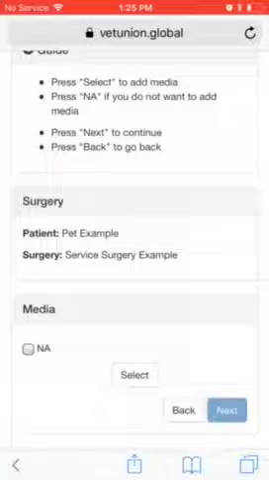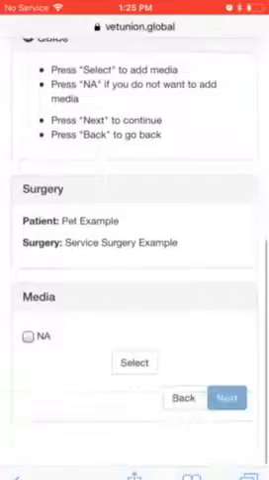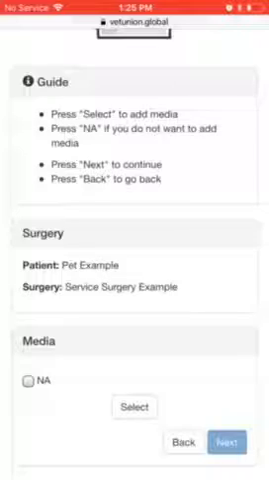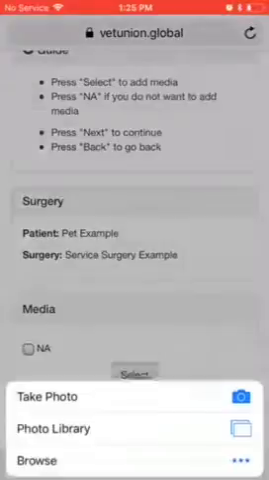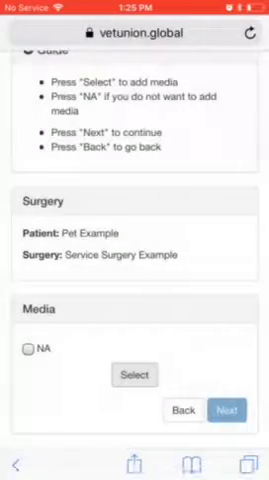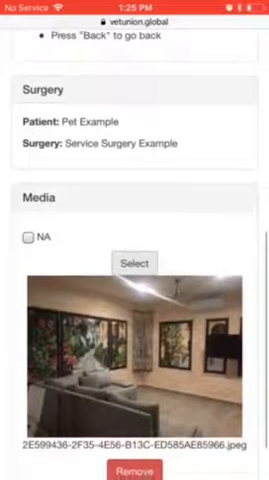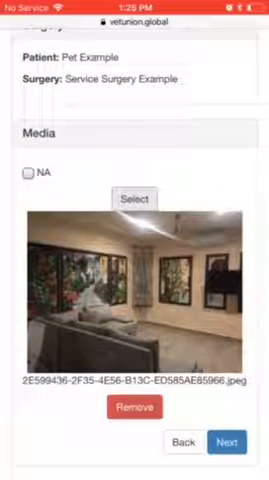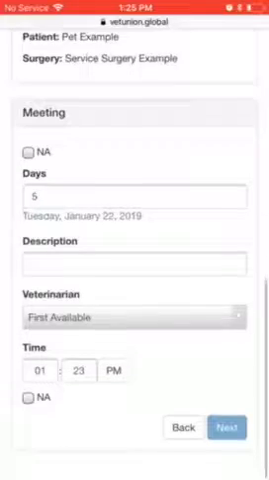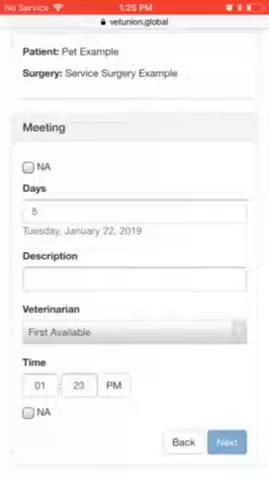And when in this screen, he can add pictures of the surgery. For example, if it was a C-section, he can take pictures and then upload them in this section. Here he selects photo library, and then he selects the pictures. When he's done, he presses next, and then here in the screen,